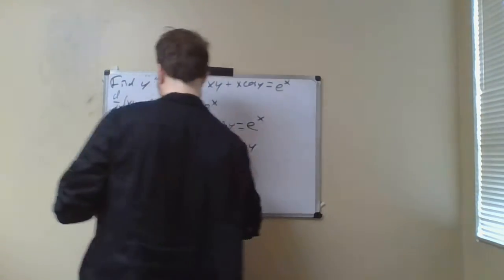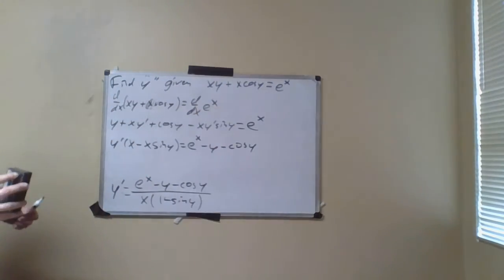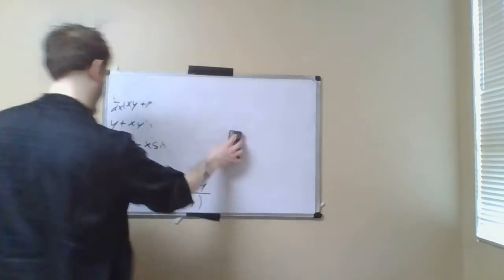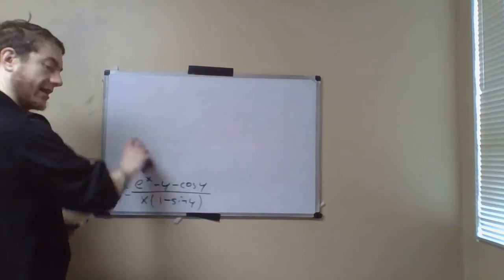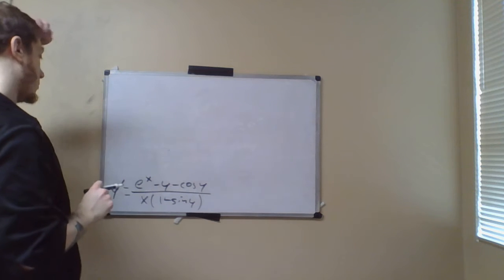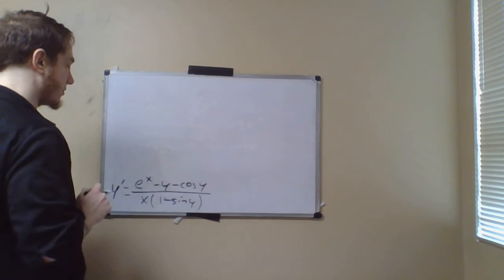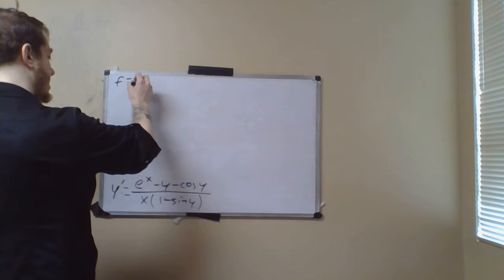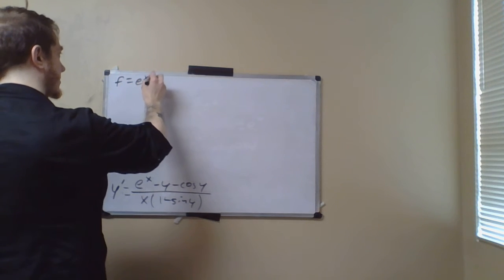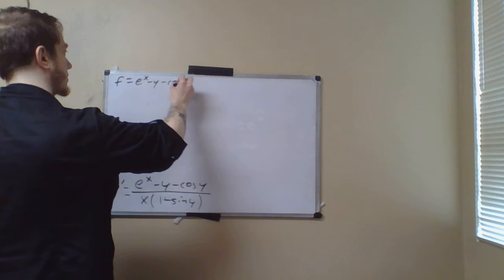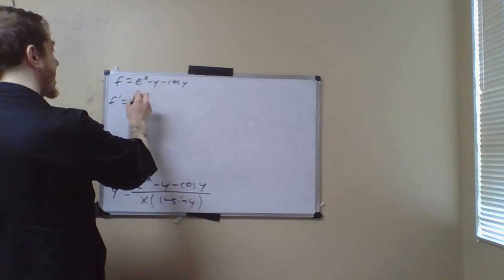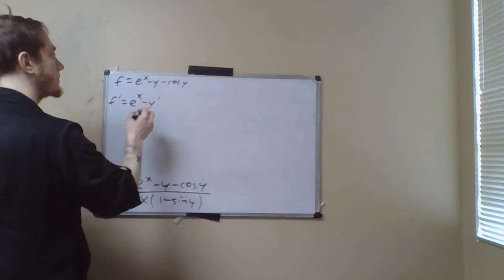And now, now that I've got this y prime here, I can differentiate this thing again. So the way that I'm going to do this is I'm going to use the chain rule. I'm going to say my f here is e to the x minus y minus cosine y. That makes f prime into e to the x minus y prime